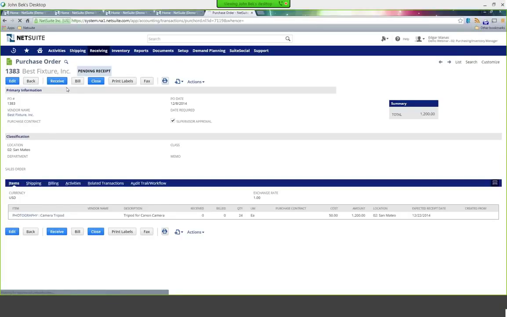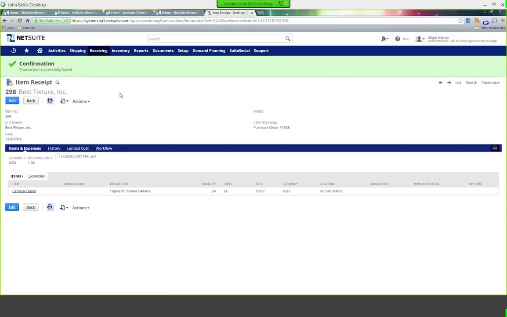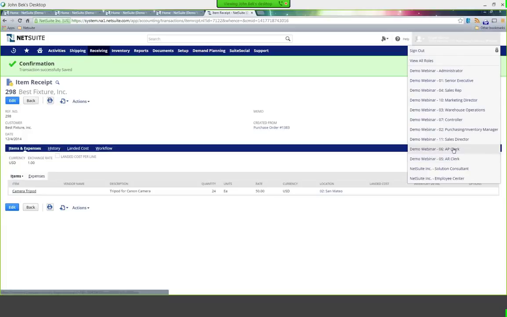I'm going to go ahead and just send it out and assume that it's some days later, 14 days, 5 days, however long the lead time is for this particular vendor, and assume that we're receiving this in the warehouse. So I can save this item. And just for expedience, normally it would be somebody in the warehouse that would typically receive this, but I'm just doing it to move it along here. So now that it's been received, I could come in as the AP clerk. And again, this is Best Fixture.